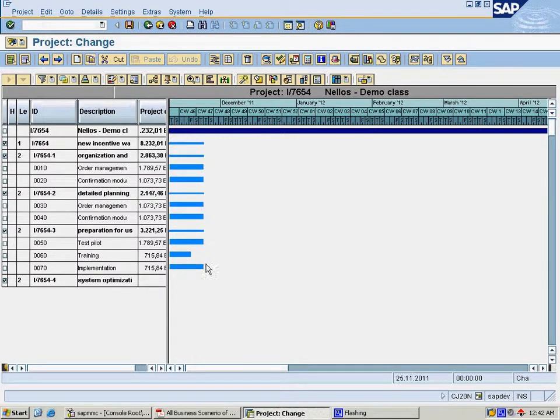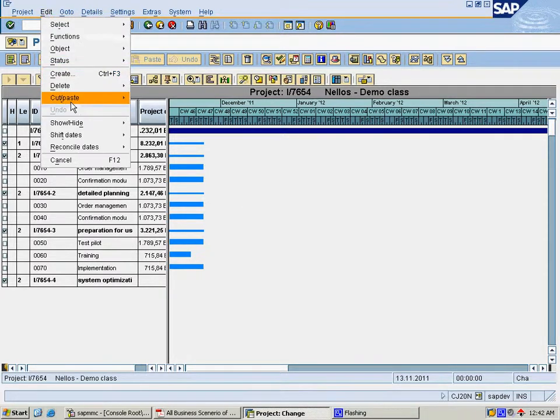You can see these activities are planned on these dates. You can see this is December 2011 and this is November 2011. Based on these activities, the WBS elements are also planned for the particular duration.